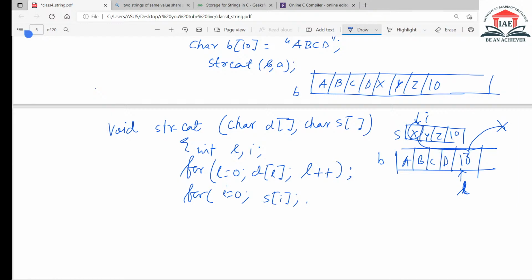That means finally I will be incremented as well as L will be incremented, and I am just doing like that. DL is equals to SI, and until and unless we reach the null string it will stop, and finally what will happen, that will be embedded with the null character. So that is nothing but the